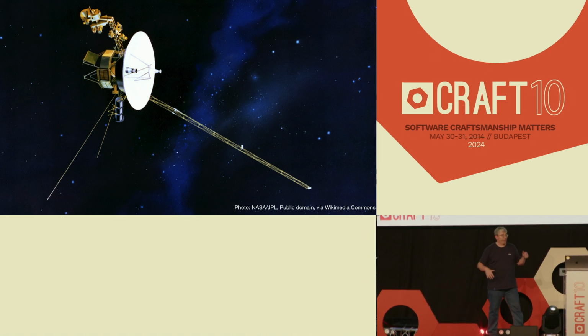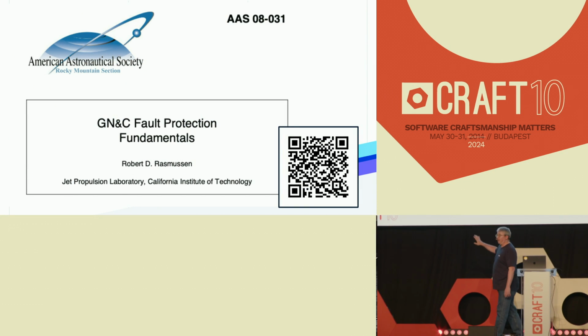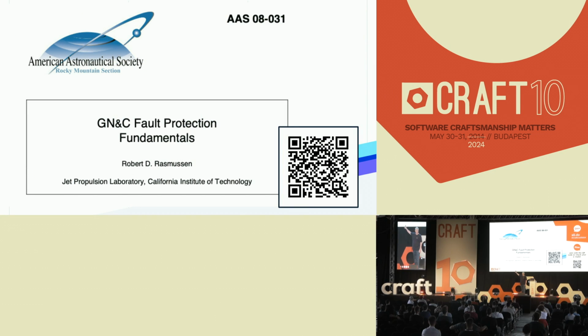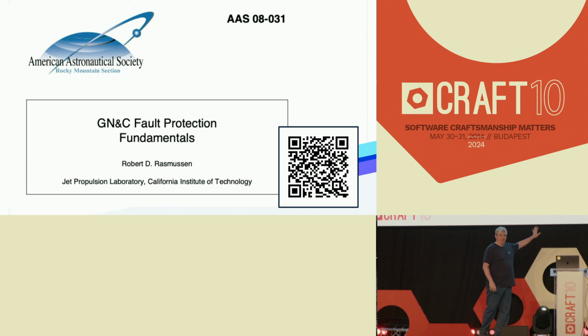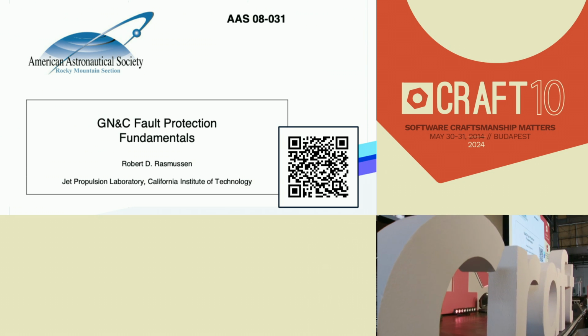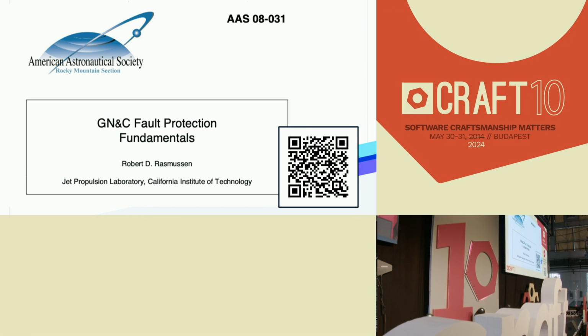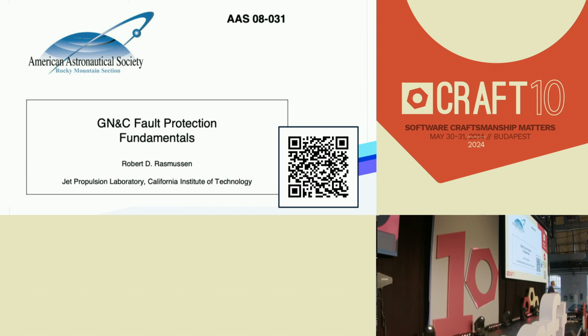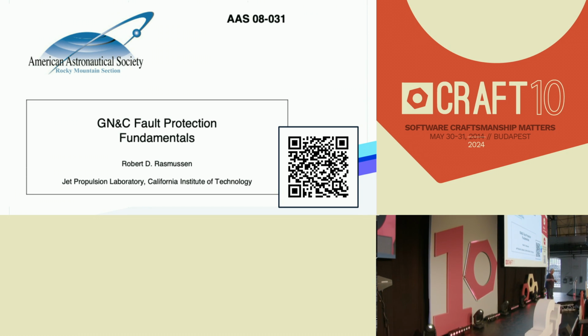And so what I actually want to do for the rest of the talk is talk a little bit about my favorite paper. This is actually my favorite paper. This QR code is actually a link to the paper itself. It is not even a computer science paper. It was published at an astronautical society, right? These are the people that make and design spacecraft. But this is my favorite paper because it actually distills a bunch of experience in building very fault-tolerant software.